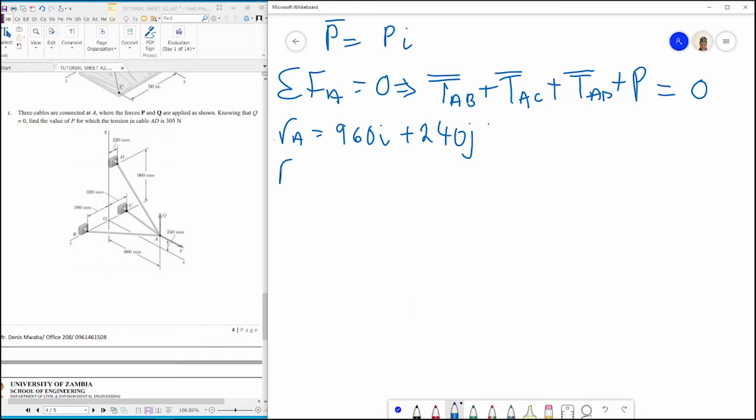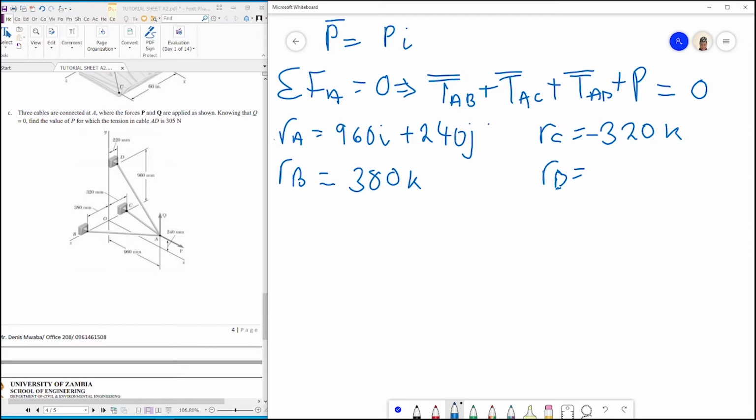So RB is equal to, from what I'm seeing here, and I hope I am correct, there is only in the Z, so it's 380k, and then I know that my RC is equal to minus 320k, and then I know that my RD